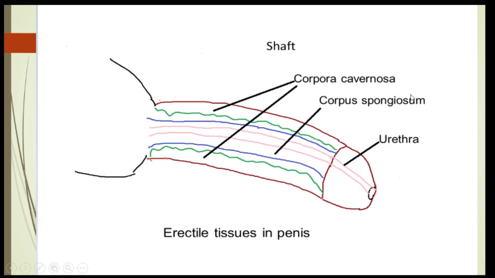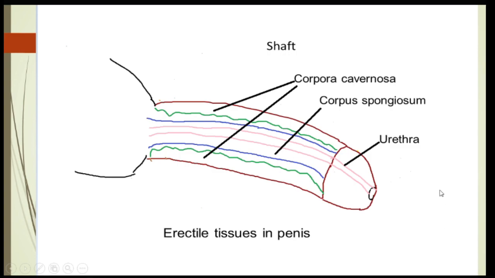That means we can say that the urethra is passing through which region of the penis? Through the corpus spongiosum. And as the urethra is passing through the corpus spongiosum, the urethra is called spongial urethra. And finally you can see over here at the tip of the glans penis, the urethra opens into the urethral orifice, or urethral opening, through which the urine is given out, as well as semen, which is also released during the ejaculation process. So this is the figure that is showing erectile tissues in the penis.